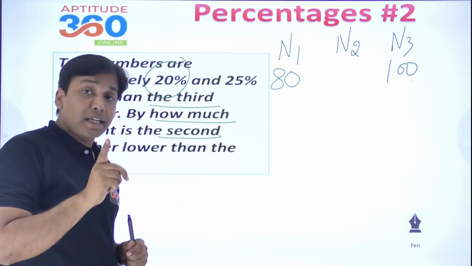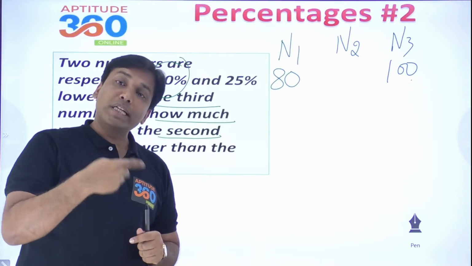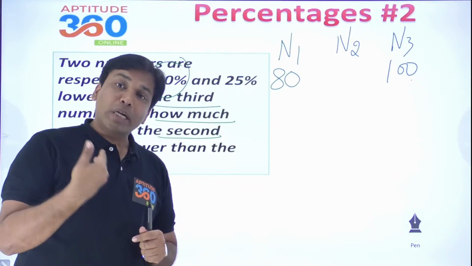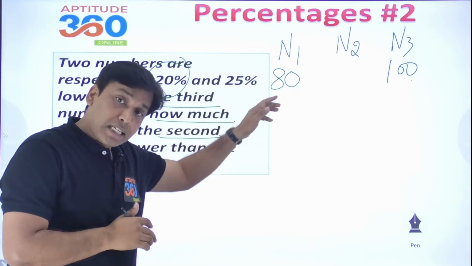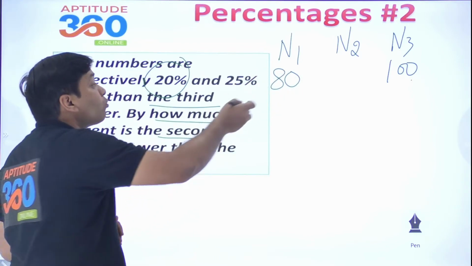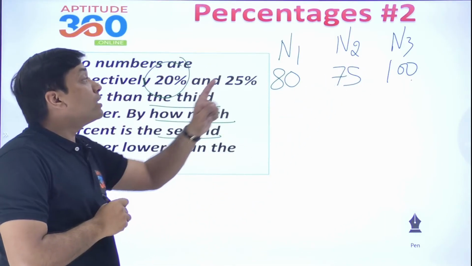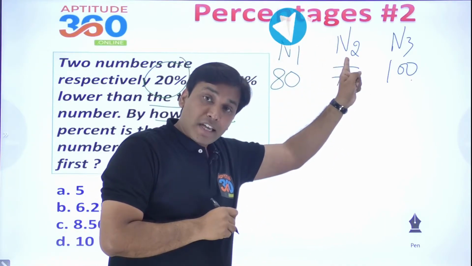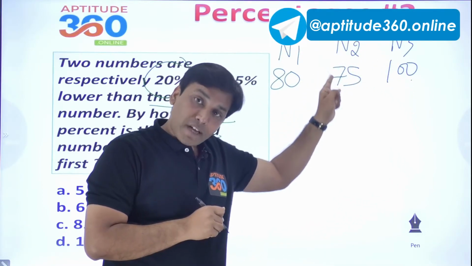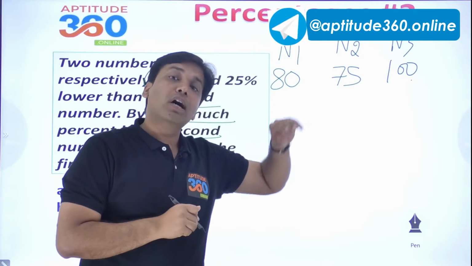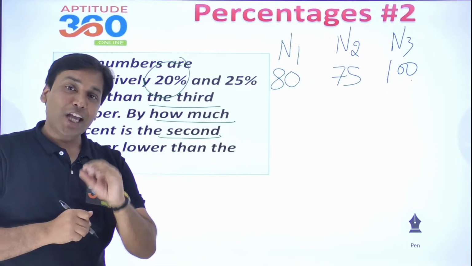Now why am I writing it as 80? Because 20% less than 100. So 20% of 100 is what? 20 छोटा अगर subtract कर दिया 100 में से, what is it that you're gonna get? 80, right? Similarly, what is going to be the second value? This second value is coming out as 75, because this number is 25% smaller than this number. ये number 25% अगर छोटा है तो 25 of 100 subtract from 100, and you will have this value.